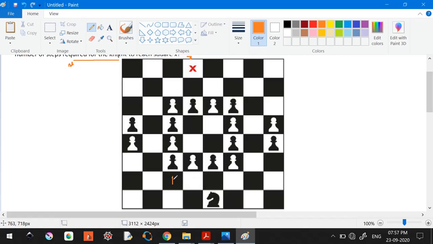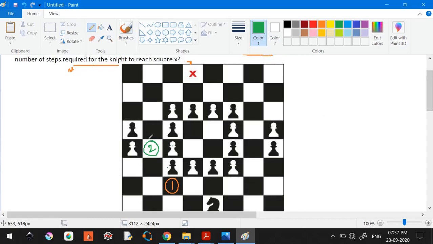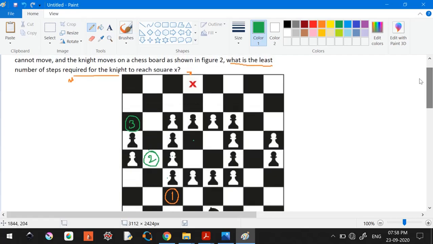So this is going to be my first position. Let me round it. So let's say I'm here. If I take a jump to 1, 2, 3 here, which is possible, that is my second step, and from here I can go to 1, 2, 3 here or here. So let me go here, 3. If I go here, then I can jump to here or here, which is away from my requirement, right?